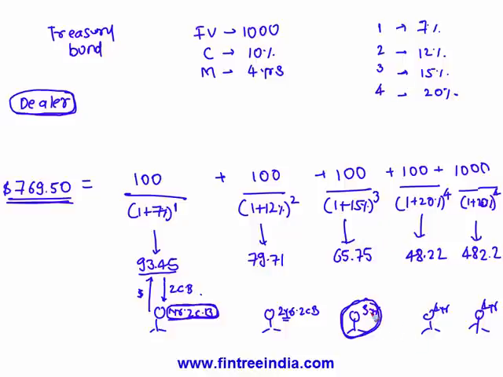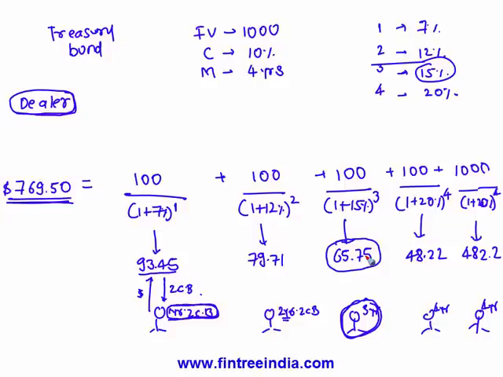Investor number 3 will find out what is the 3-year spot rate. A 3-year spot rate is 15%. Then if he wants to purchase a zero coupon bond with a face value of 100, he will simply do this calculation: 100 divided by 1.15 raised to 3, and he would find out that the market price of this bond would be 65.75. So he will go to the bond dealer, he will pay him 65.75, and after 3 years